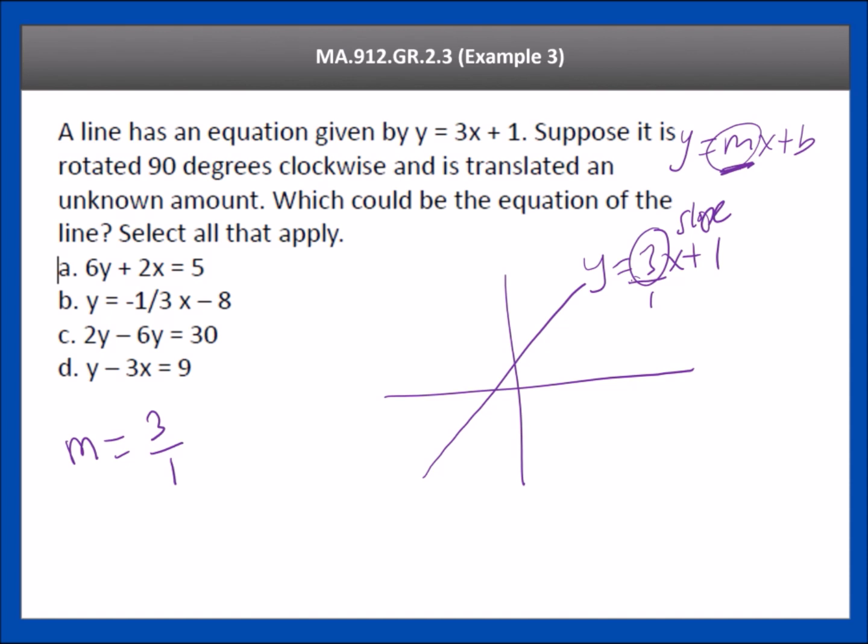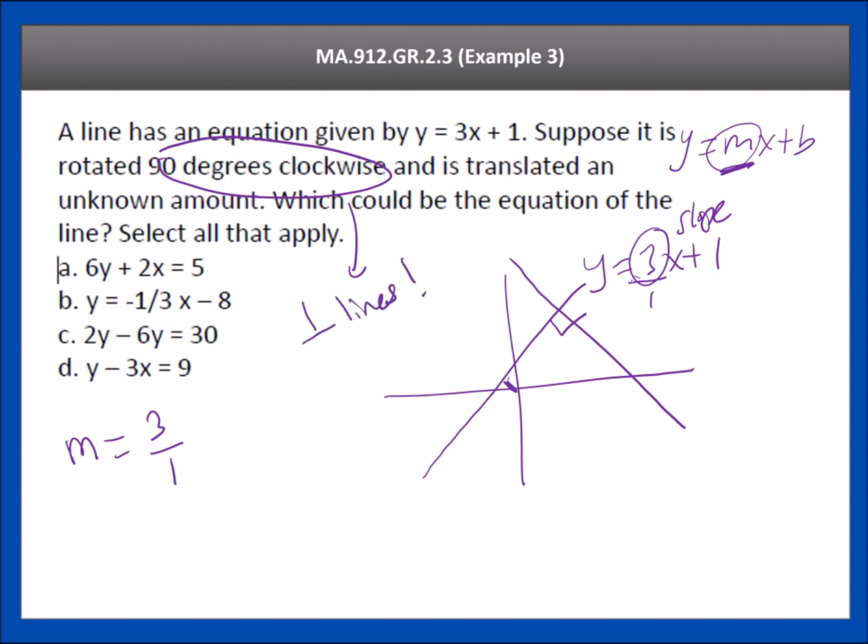And so if I rotate it 90 degrees clockwise, well then it doesn't matter where I rotate it. If they don't mention where, we're assuming rotate it about the origin. But it doesn't really matter because if we rotate it 90, it's going to look something like this, right? It's going to cross the original line at a 90-degree angle, which means that the two lines are perpendicular. So this is saying that the two lines are perpendicular